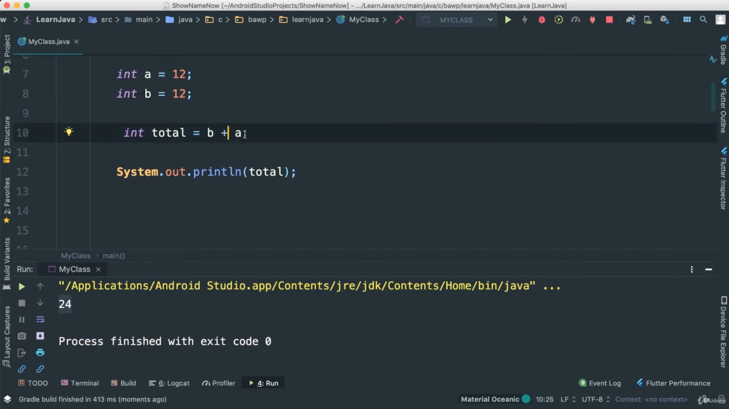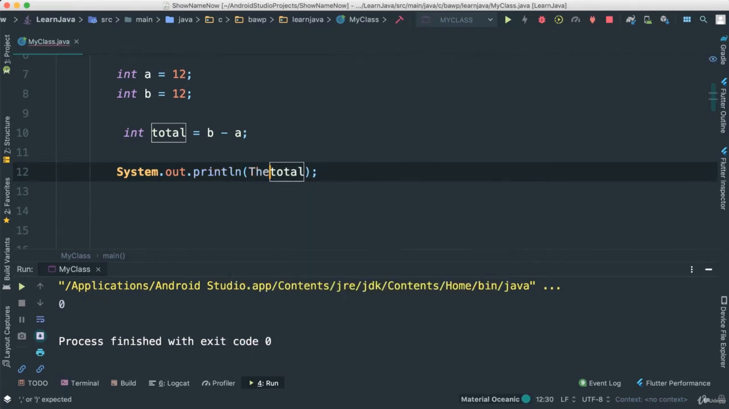So this is addition. Now, if you want to do subtraction, obviously, just put a dash there, that's minus. If you save this, we should get 0, right? Because 12 minus 12 is indeed 0. Okay, very simple indeed. And of course, because this is a print line, we can add a string here. In fact, we have to put it inside of a string, right? The total is